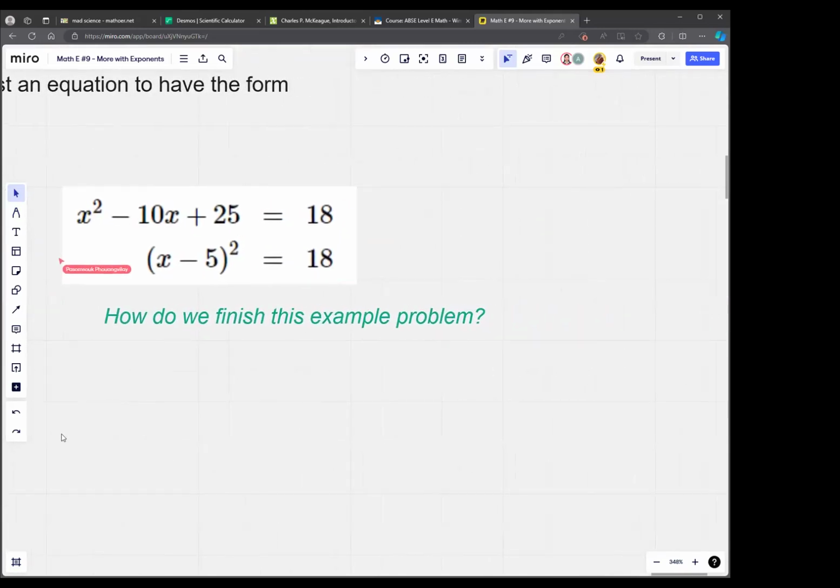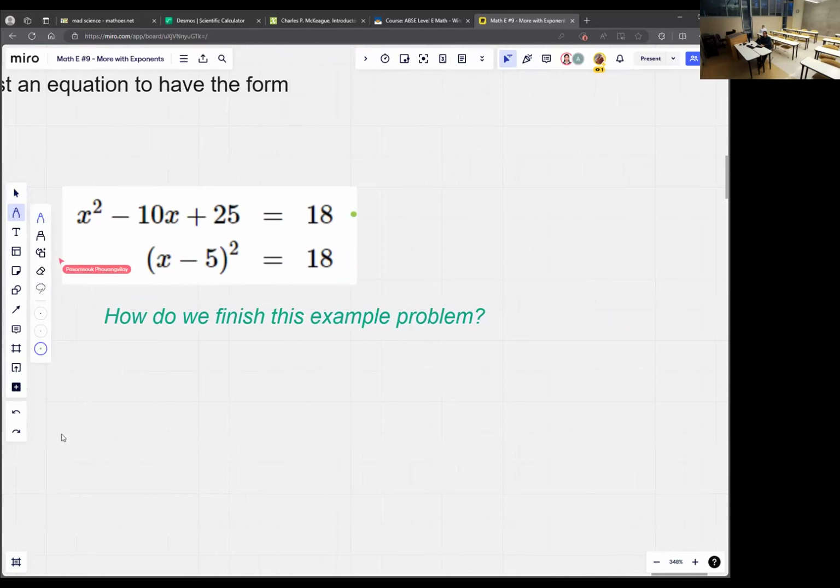So tell me, how should we finish this one? This time, somebody gave us a fairly complicated looking thing, but they gave us a hint that all this stuff on the left side was just x minus 5 squared. Let's double check that just to be sure. If I have x minus 5 times itself, and if I FOIL,